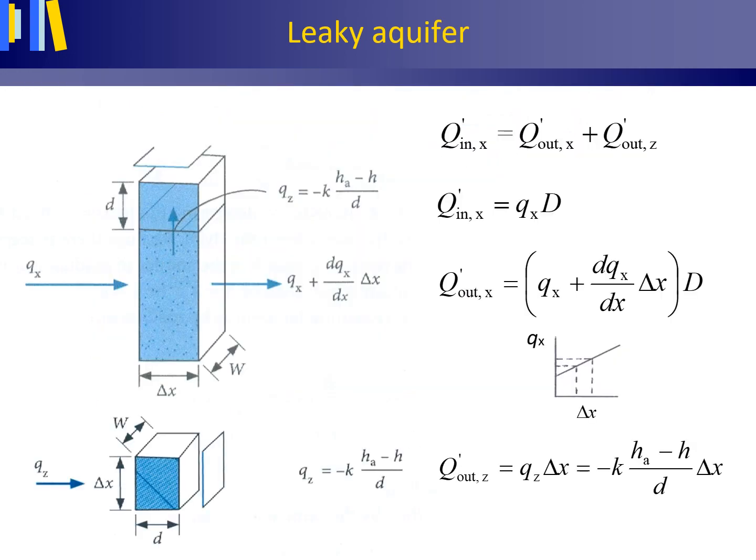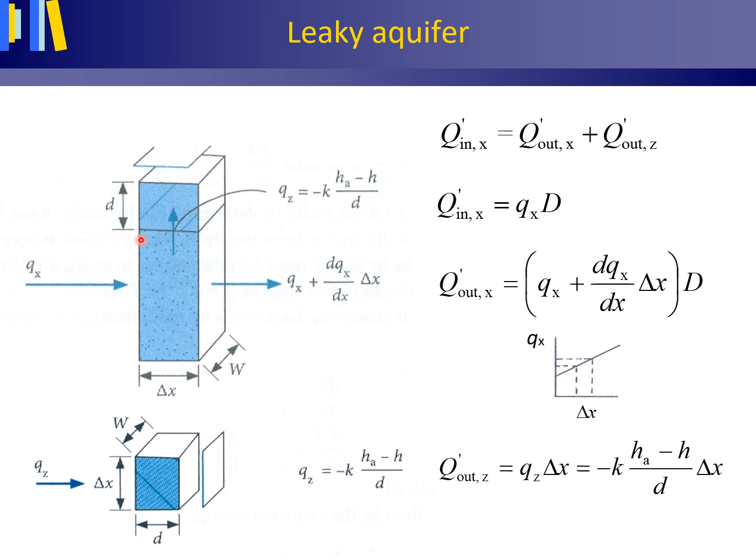This slide shows that column again. Here we have the aquifer with depth large or uppercase D, horizontal hydraulic conductivity large K, width W, and horizontal distance delta X. And here we have the confining semi-permeable layer with depth small or lowercase d, vertical hydraulic conductivity small K, and the artificially maintained hydraulic head HA is given here, drawn in as a flat plane. And here below we have the confining layer again, but now turned on its side.